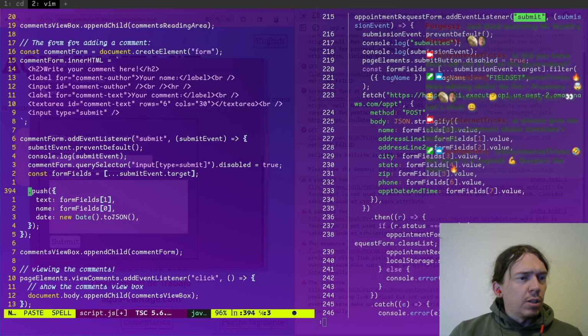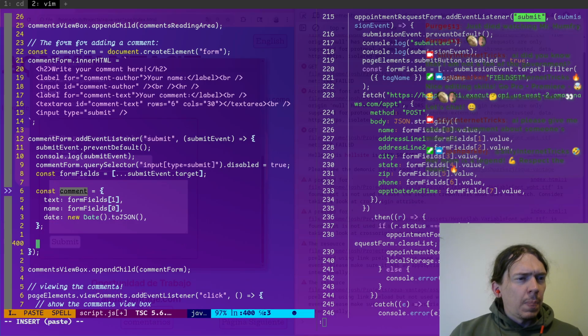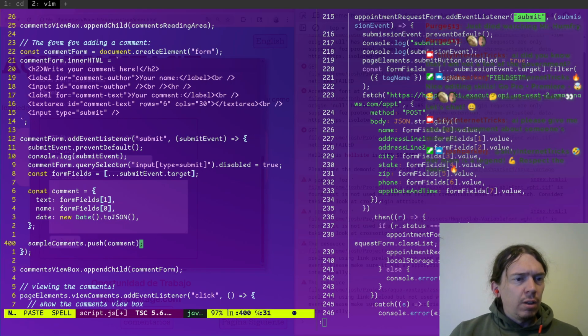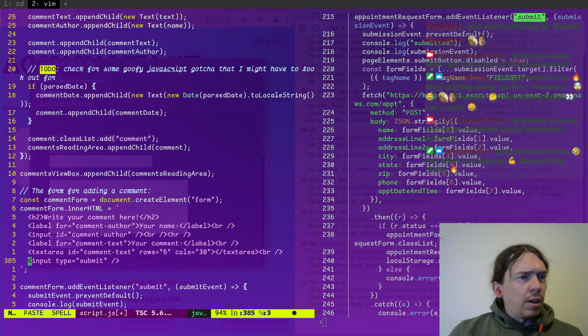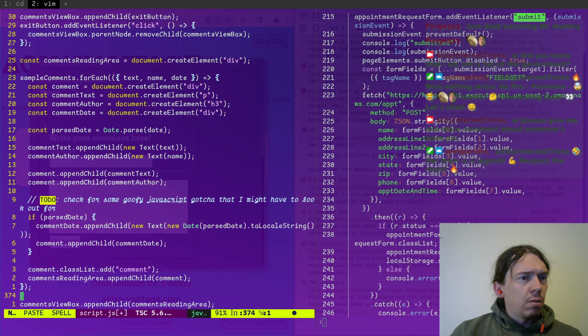So let's not do this. Let's say const comment equals, and then we'll say sample comments push comment. Okay, and then up here, this is going to become a named function so we can use it again.